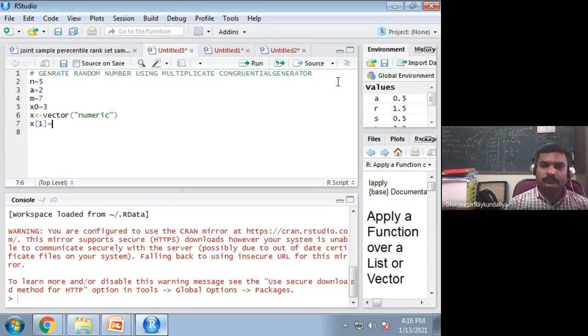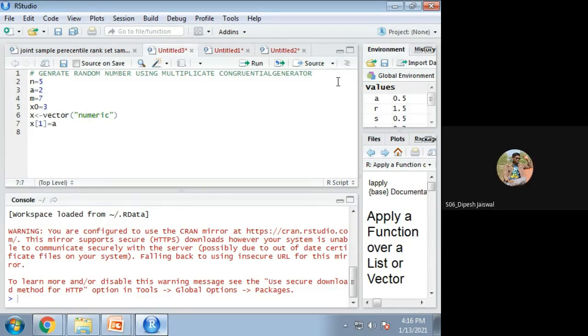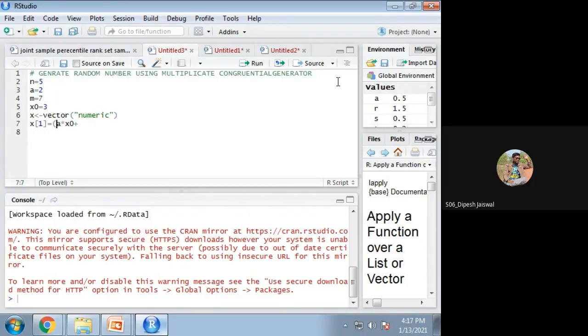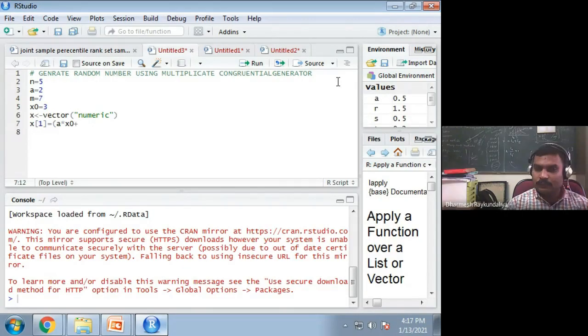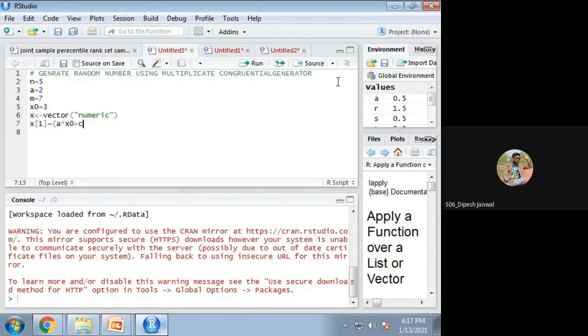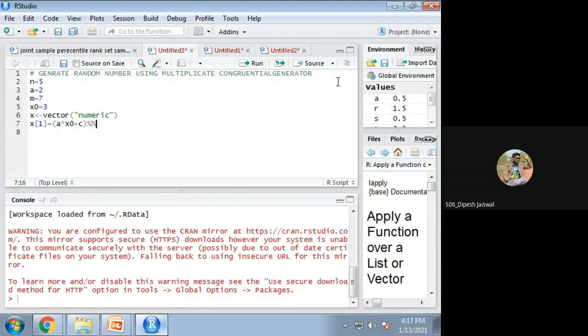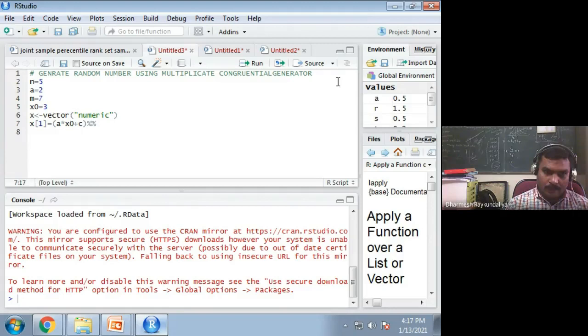What is the formula? A into x t, x0 will be there, x0 plus C. And because I wish to apply the modulo, what is the mod operator sign? Double percentage, M, which is 7.